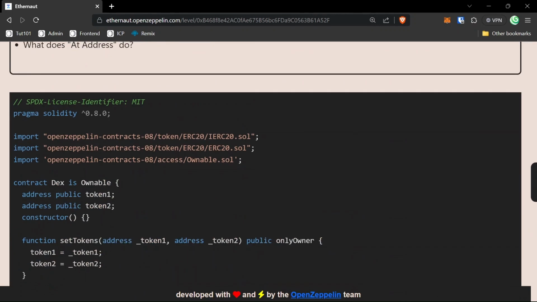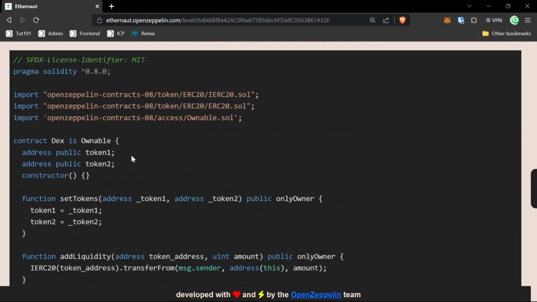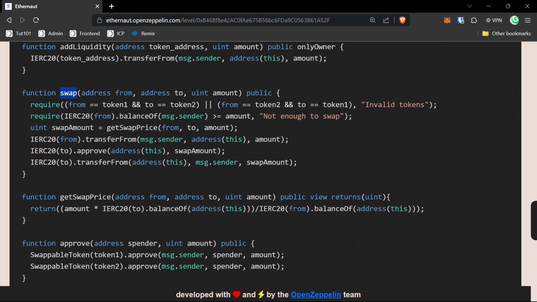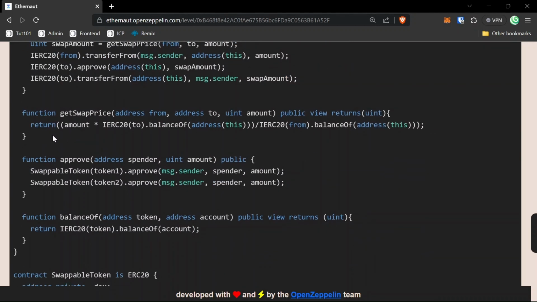And coming to the actual challenge, we have these two tokens, token 1 and token 2, and our goal here is to drain at least one of these tokens. So here we need to bring the balance of either token 1 or token 2 to 0. The way we do that is by utilizing this swap function and a small loophole we found in this formula. Here this formula works based on basic supply and demand, where whenever the amount or the liquidity of a token is less in this contract,